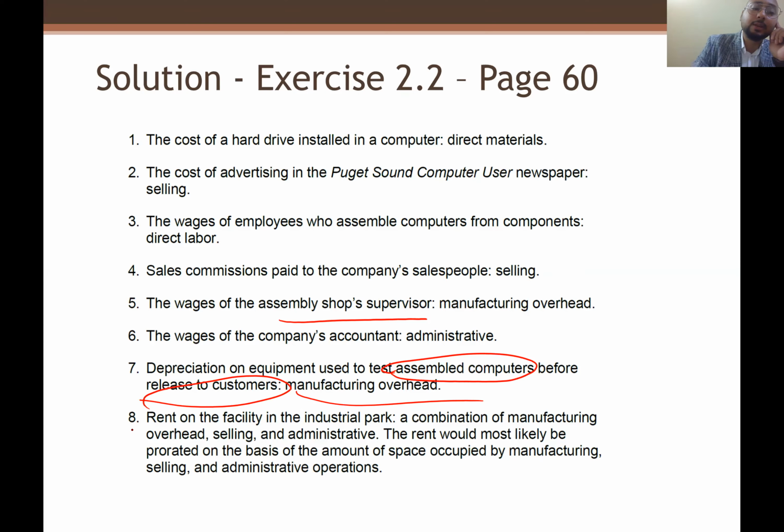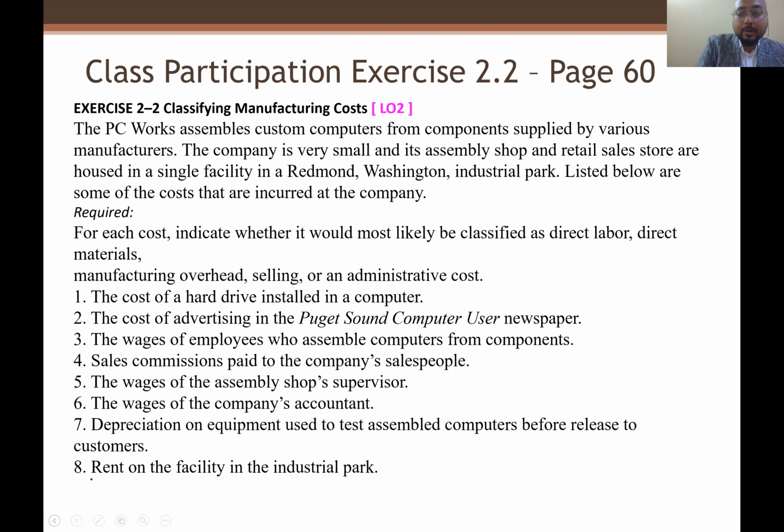And then rent on facility in an industrial park, a combination of manufacturing overhead, selling, and administrative. So remember, what is the question here? It is rent on facility in industrial park. So if that facility is purely production facility, then it is manufacturing overhead. If the question mentioned that, okay, like here, the company is very, very small, its assembly shop and retail shop are housed in a single facility in Redmond, Washington, industrial park. So it means its production facility is